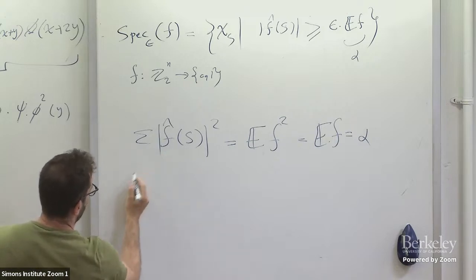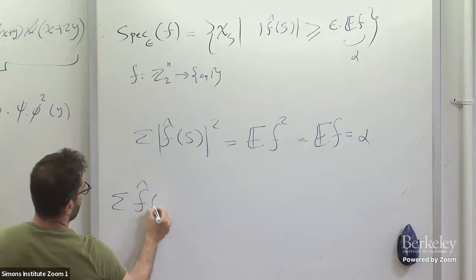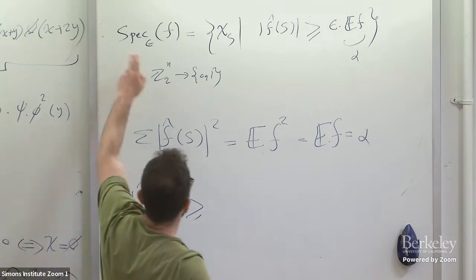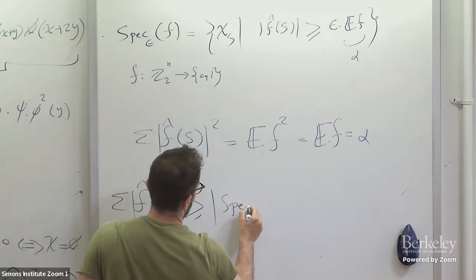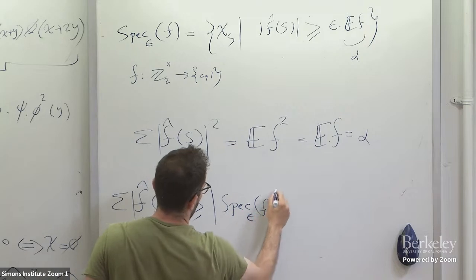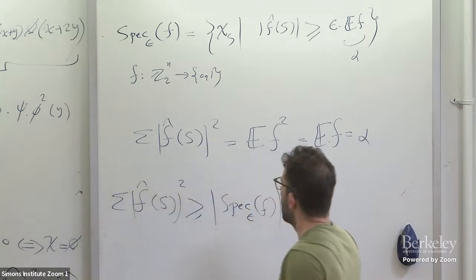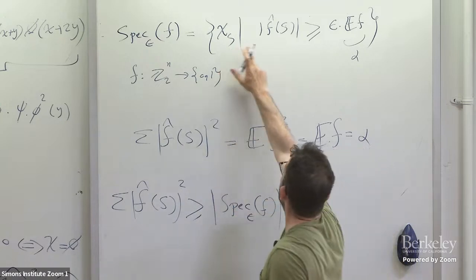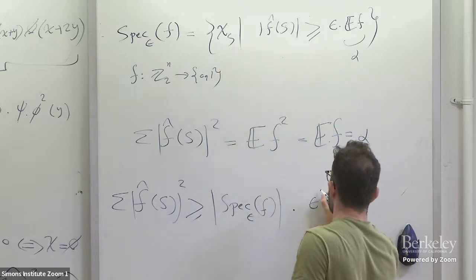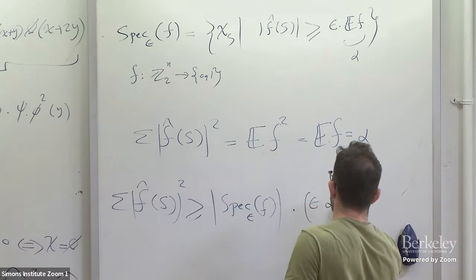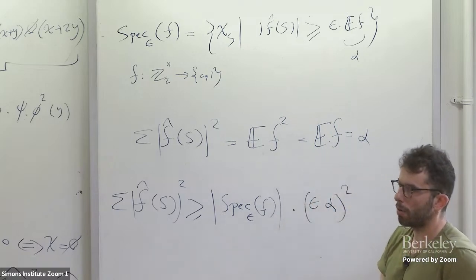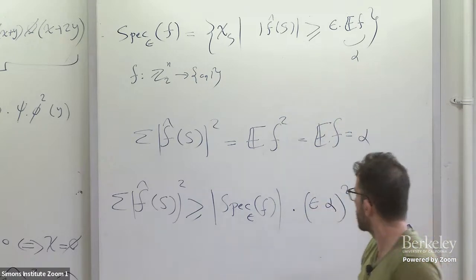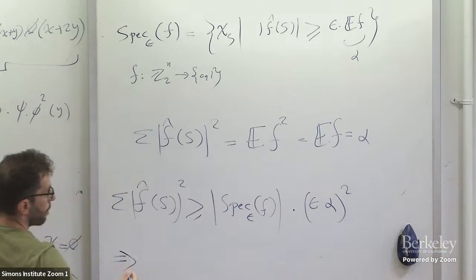On the other hand, I can lower bound this thing, right? So the sum of f hat of s squared is at least the size of this set times... Now, each one of these characters that are here, they're contributing at least epsilon alpha squared to this sum, right? Because they're at least epsilon alpha, so you square them, contribute this much. So what we get is